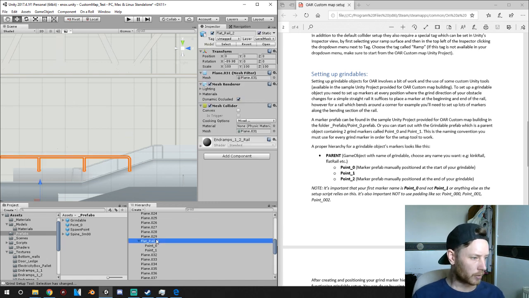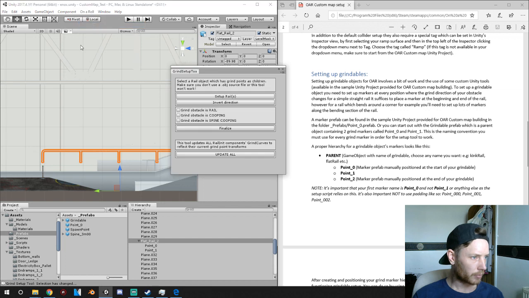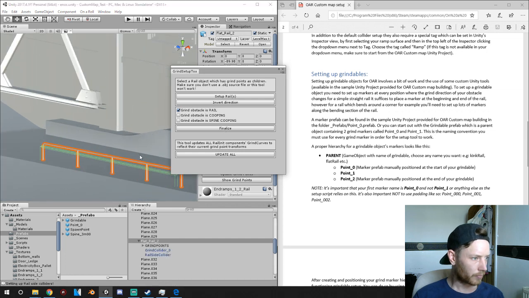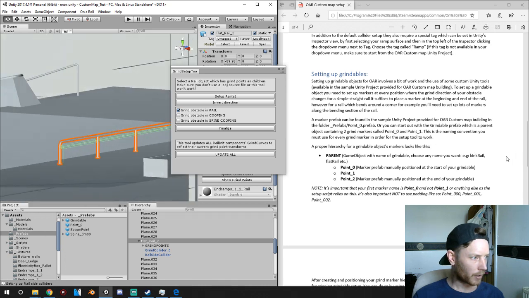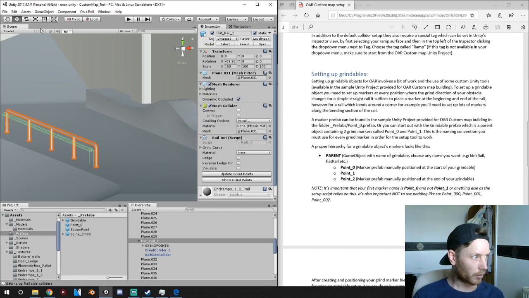Okay, so then I select my rail, grind setup. As you can see, we've got 0 and 1 again. Finalize. Now, I don't understand why it's put it underneath again, but that's okay, because